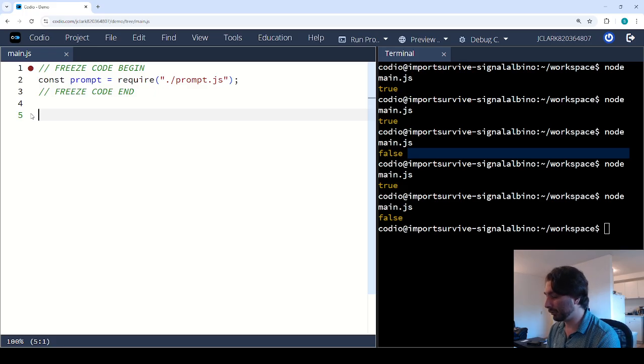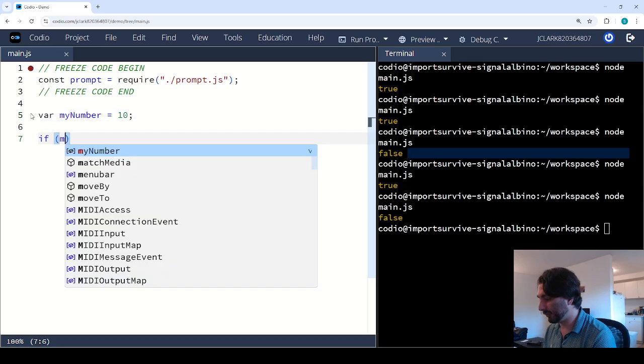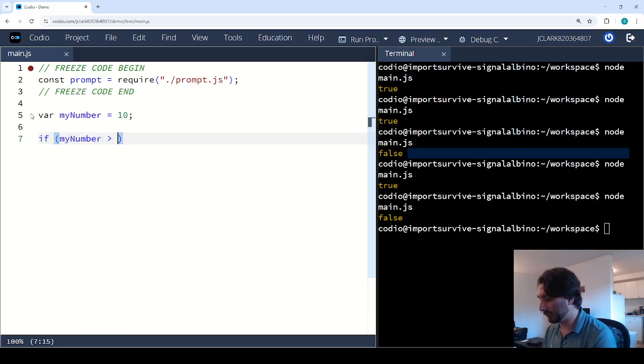So I'm going to create a new variable. I'm just going to call it my variable for now. Actually, let's make an if statement that this ternary operator is going to replace so that we can compare the two and see how it works. So I'm going to say, a variable, my number, equals 10. Again, I'm going to say if my number is greater than 0,